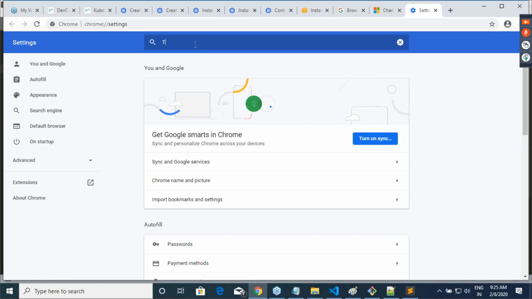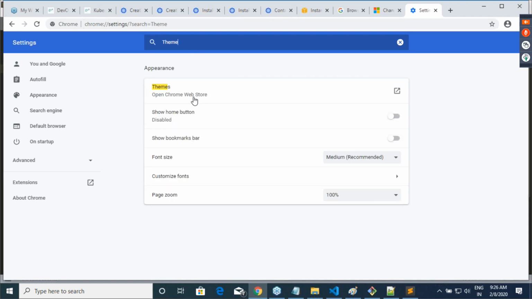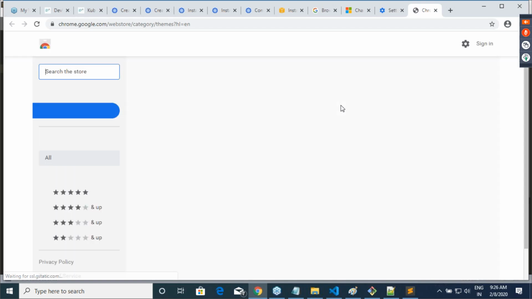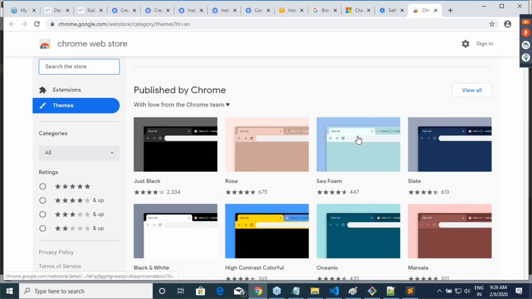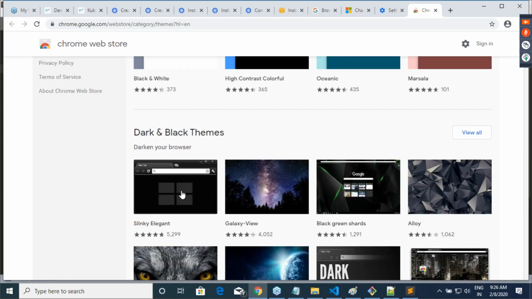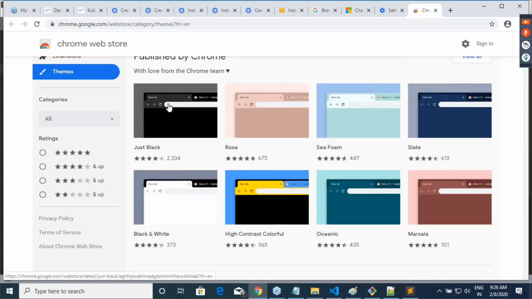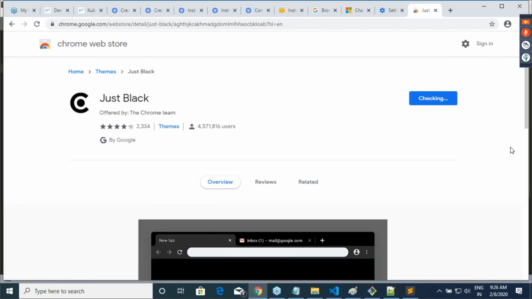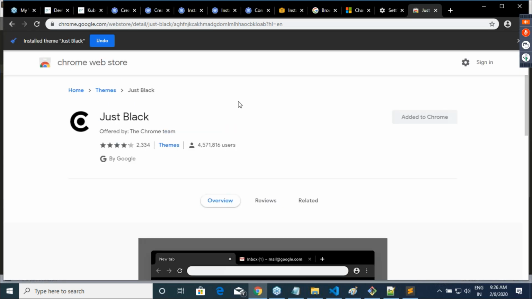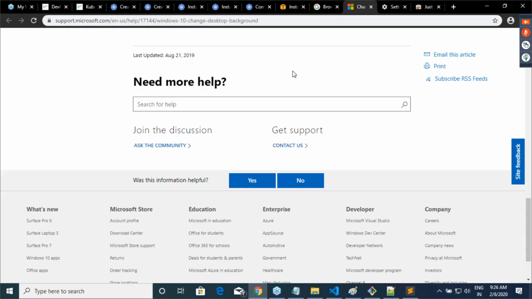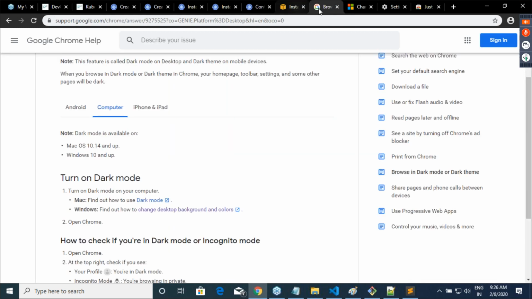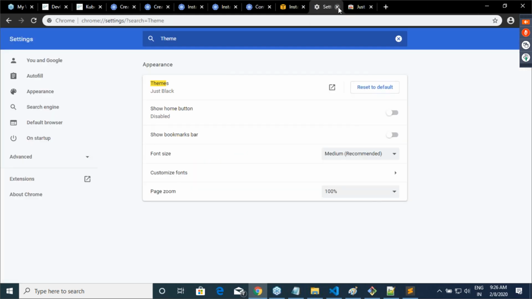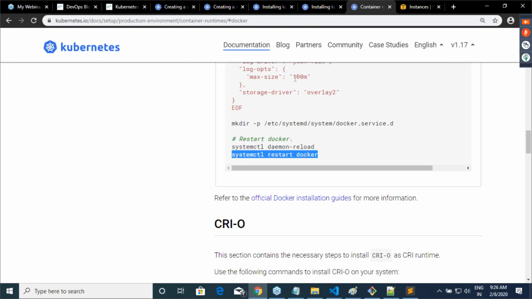One minute. I know people on the web might not understand, but actually we have very dark and black themes. This one is enough. Add to Chrome. Okay, good.